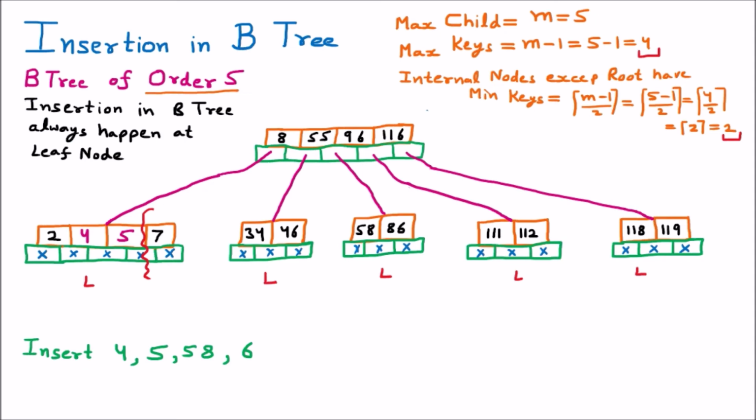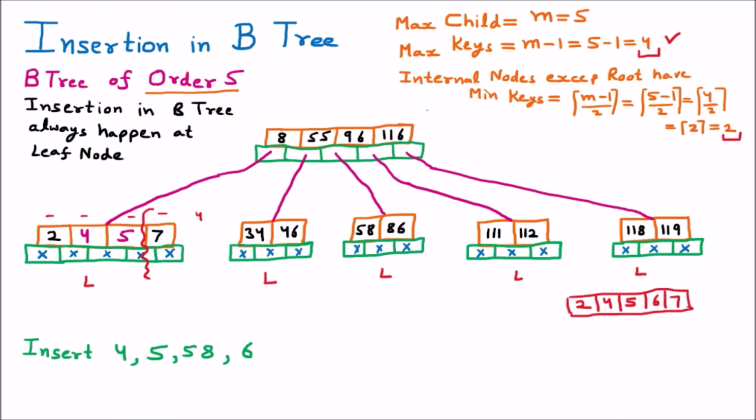Before inserting the node directly, we should check the maximum criteria. So 1, 2, 3 and 4, that means 4 keys are already present, and how many maximum keys can there be? That can be 4. So we are reaching the maximum criteria, and we know that as per the last insertion we have done, if we are having such a condition, then we have to do some rough work, and that rough work says that we have to take out all the nodes like 2, 4, 5, then the node which needs to be inserted, 6, and afterwards 7. So we are taking that into the rough.